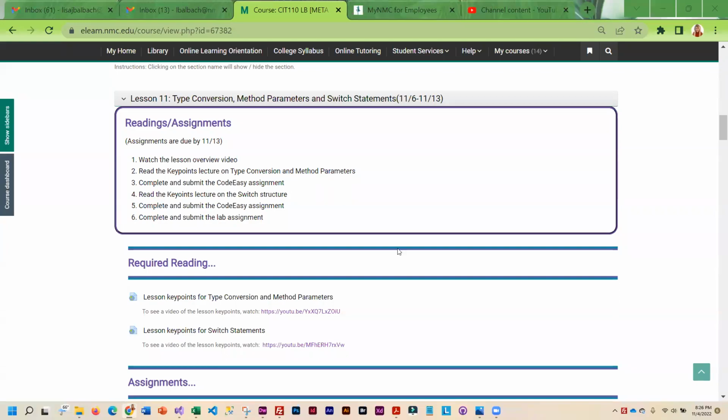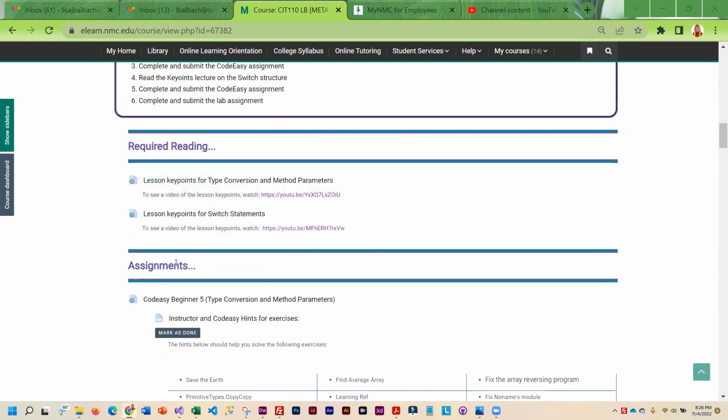This week we have two Code Easy chapters that we are going to be going through. So there's a little bit more work involved this week. The good news is I'm not going to make you do all of the Code Easy exercises in the second chapter that we're covering. So you are going to definitely want to go through the key points for type conversion